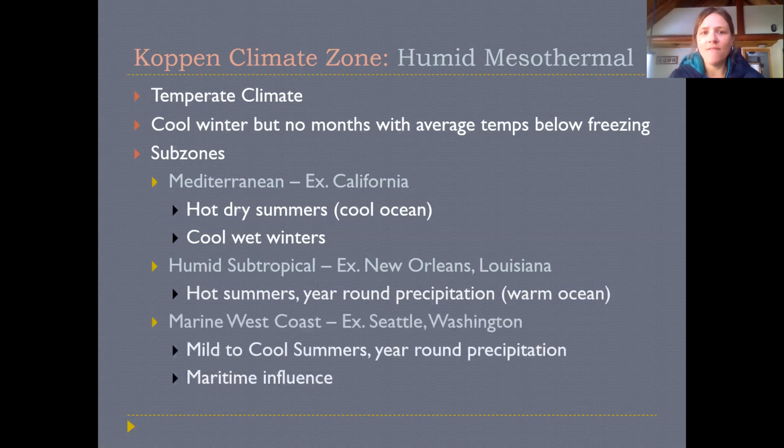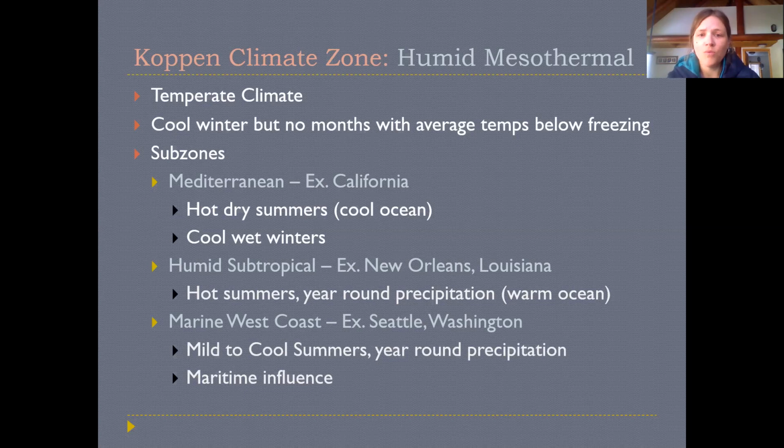And then finally, we have the marine west coast zone. This is a zone that's actually a little bit higher in latitude than the other mesothermal zones, getting farther away from the equator, more towards a latitude where we might find microthermal zones, cold climate zones. But because these zones are close to coastlines, they have the maritime influence, or basically the moderating influence of the